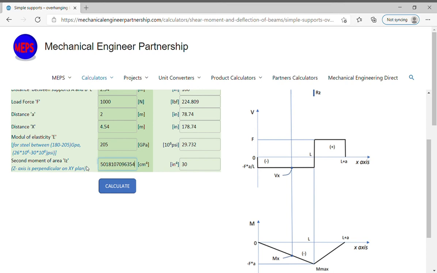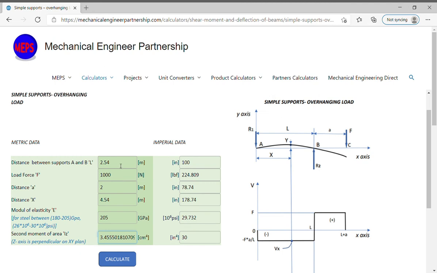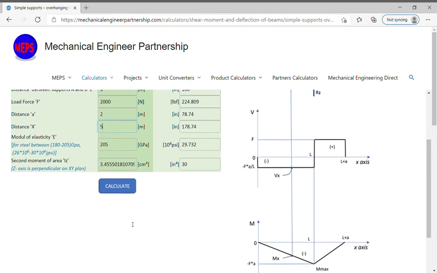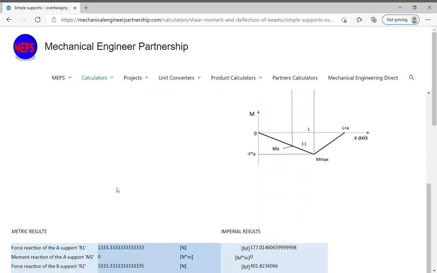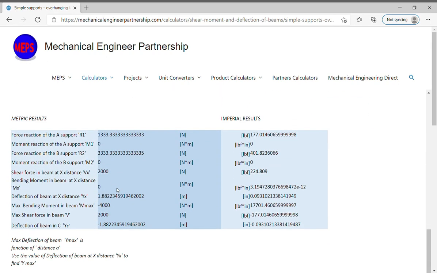in the second moment of area cell, replace the length L, 3 meters, 2000 newtons for F force, and 2 meters for a distance, and then 5 meters for x distance, at C point, modulus of elasticity 205 gigapascals, and then calculate. The results are in the blue table. Because we chose x distance 5 meters at C point of the beam, the deflection of beam at x distance and deflection of beam at C point each have the same value,